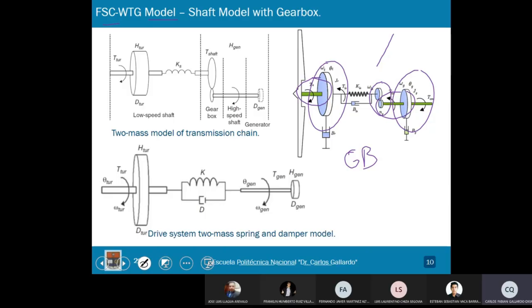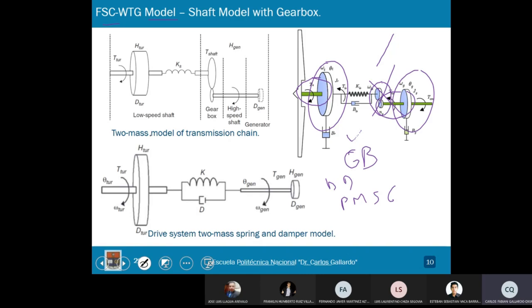If I have a frequency converter, in this case the direct drive permanent magnet synchronous generator based turbine is equipped with a multiple permanent magnet synchronous generator without a gearbox. So I will have two possibilities. In the first case, I am taking into account the gearbox. In the second case, I am not taking into account the gearbox. In this case, I will have a direct drive topology.